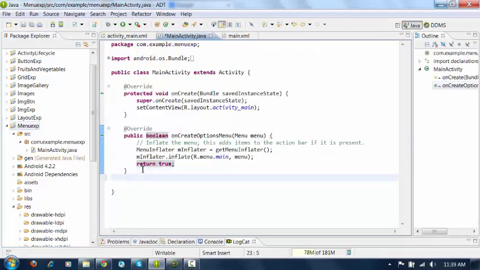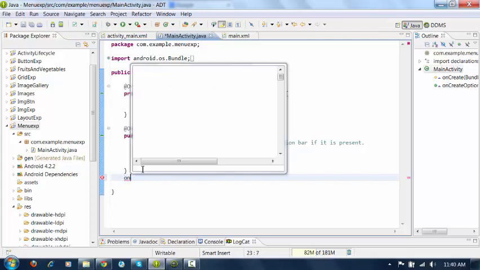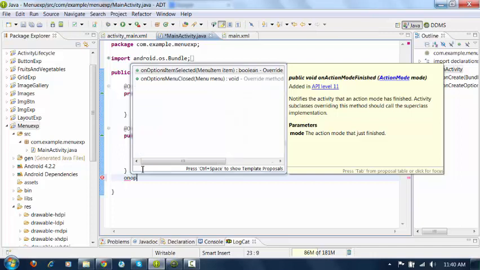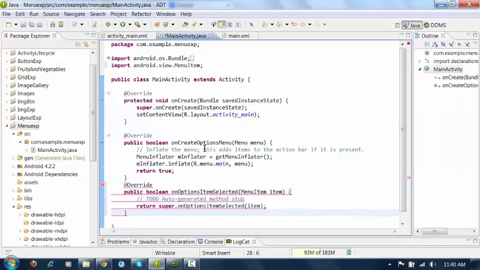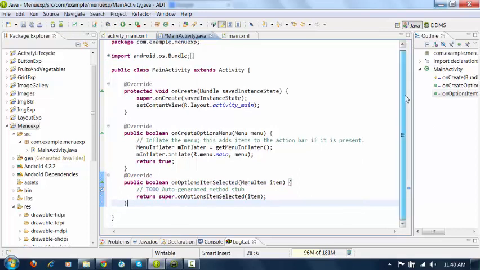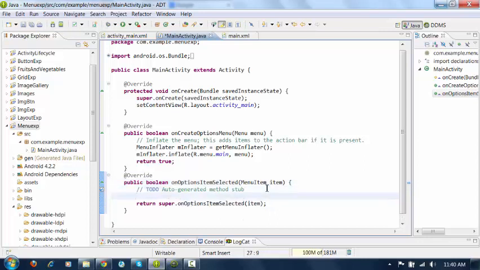So Android provides one more method, that is onOptionsItemSelected. Remember, for a menu the on click listener is onOptionsItemSelected. Whenever the user clicks on any item, look here, it is providing the item for you.